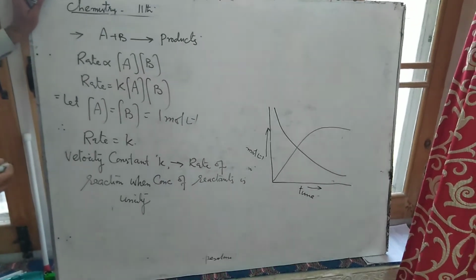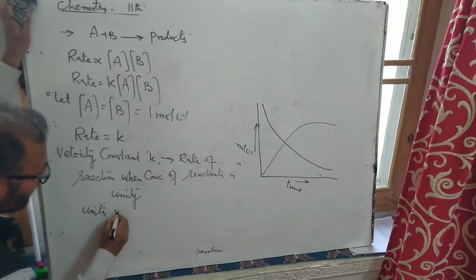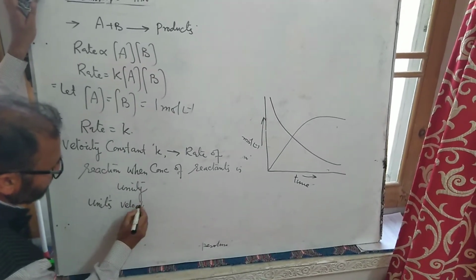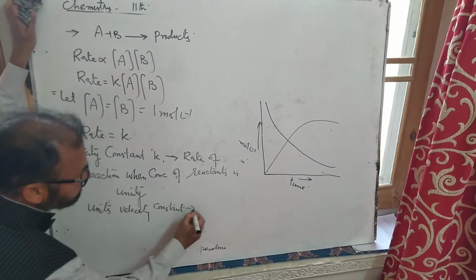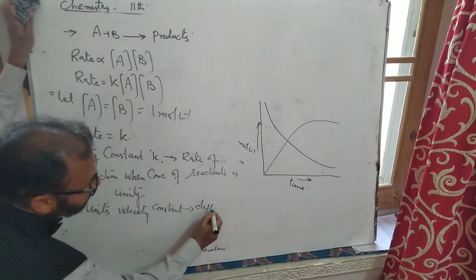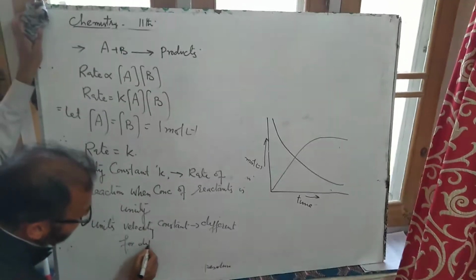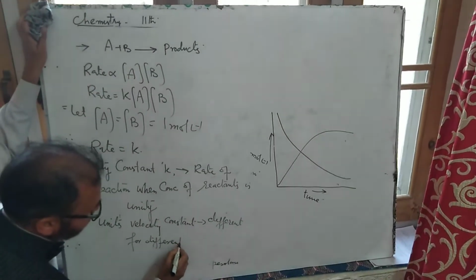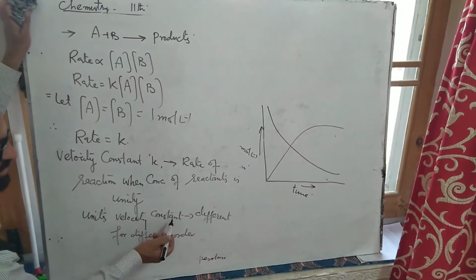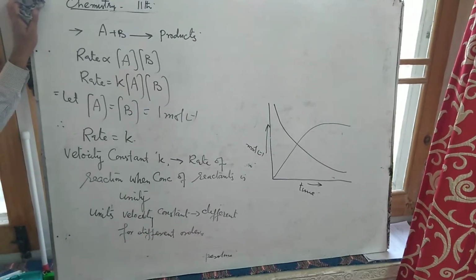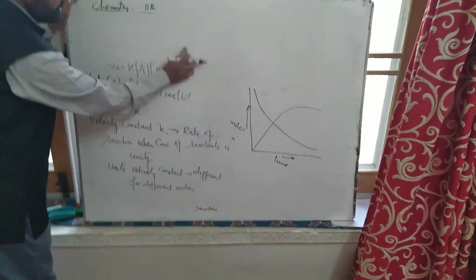You must remember that the units of velocity constant are different for different orders of the reaction. Remember it: units of the velocity constant are different for different orders of the reactions. So I will write another equation here, for example,